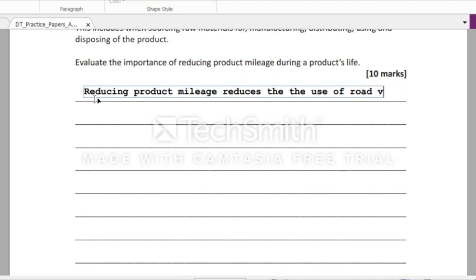This also reduces pollutants. You could also talk about improved air quality. Okay, you could also talk about